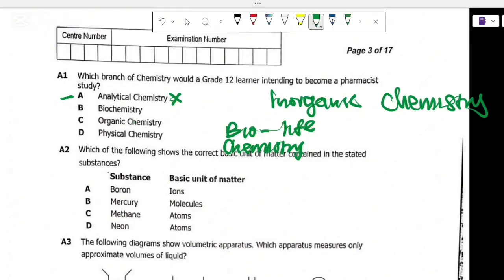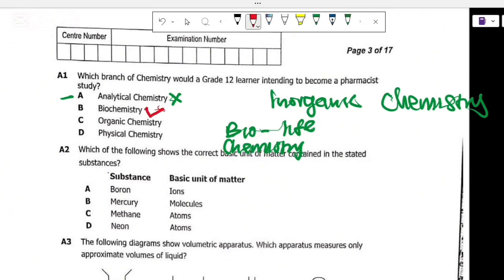That is biochemistry. Unlike analytical chemistry, which is just dealing with knowing how much you are going to have, biochemistry goes in more depth to understand how that drug is going to be absorbed and then transported to different parts of the body, and how those body parts are going to absorb or utilize that particular drug. So as far as pharmacy, you will realize that biochemistry is the branch of chemistry which a grade 12 learner would intend to learn in order to become a pharmacist, because this is encompassing many things,